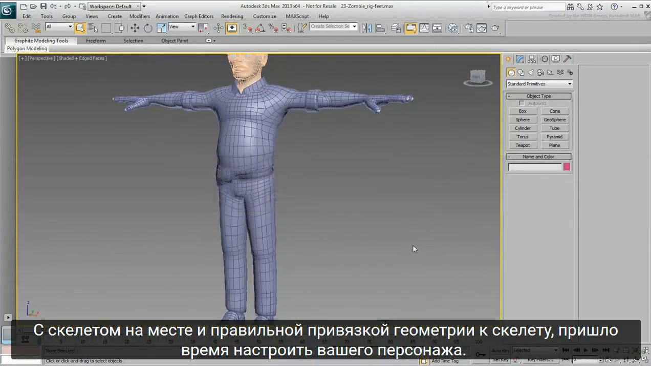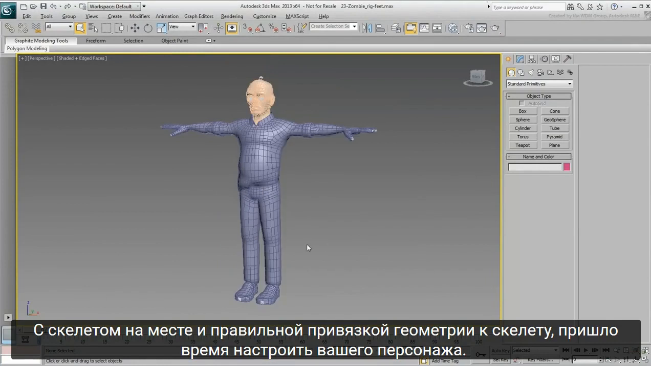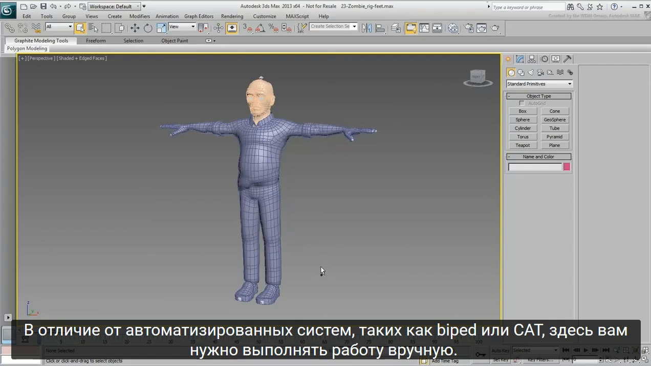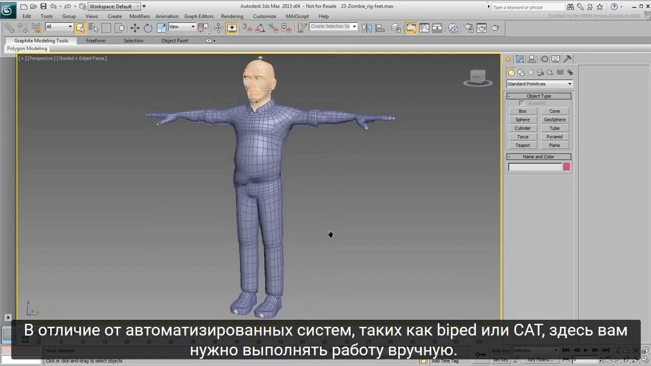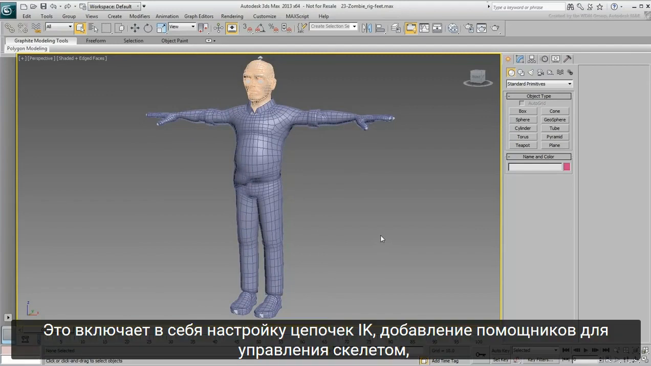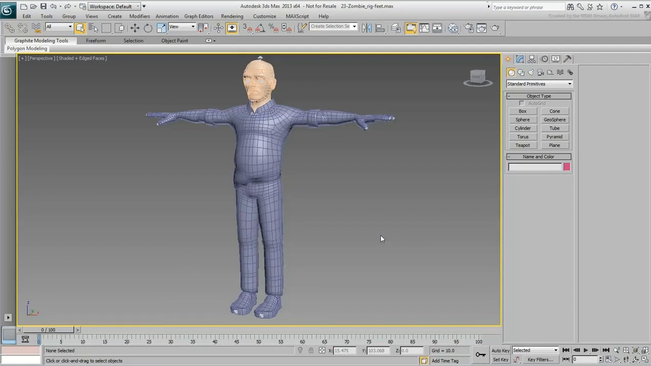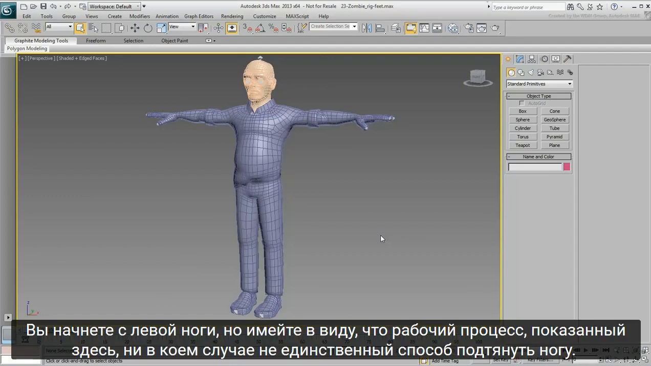With the skeleton in place and the geometry properly skinned to the skeleton, it is now time to rig your character. Unlike automated systems like Biped or Cat, here you need to do the work manually. This includes setting up IK chains, adding helpers to manipulate the skeleton, and ultimately adding custom attributes to simplify the animation process. You'll start with the left foot, but keep in mind that the workflow shown here is by no